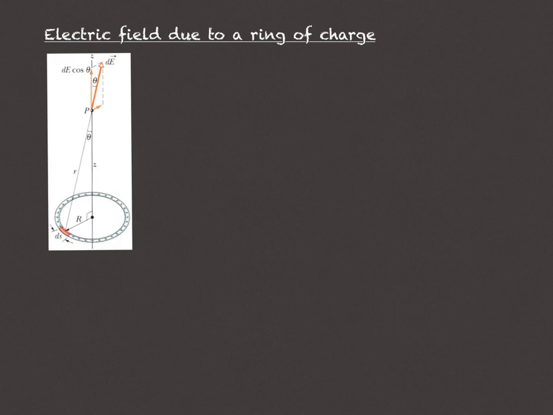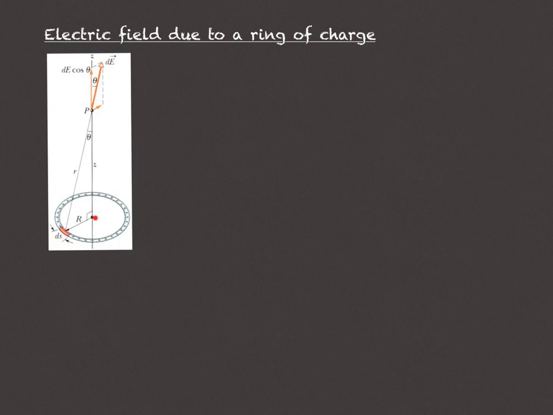If we take a little packet of the charge here, the ds, that is going to contribute field at point P in that direction. If we went over to the other side, it would contribute just off at the angle in the other direction, so that the horizontal components there would cancel out. So we're only worried about all of the components that are pointing upwards, and that would occur everywhere around this